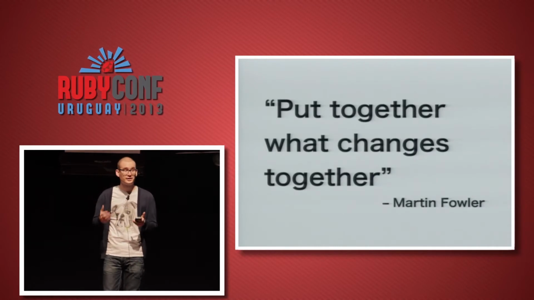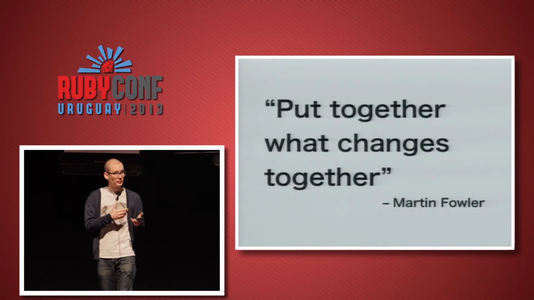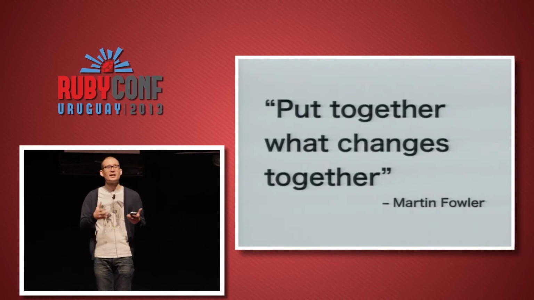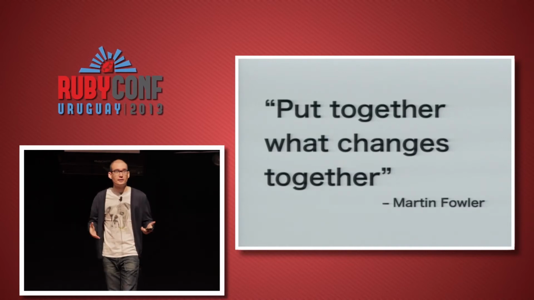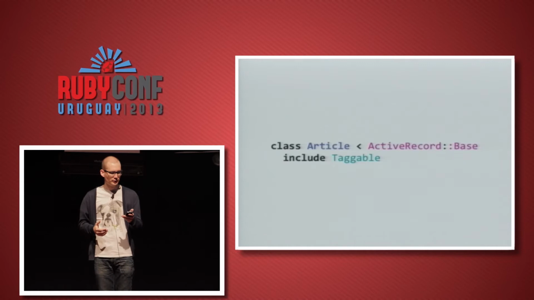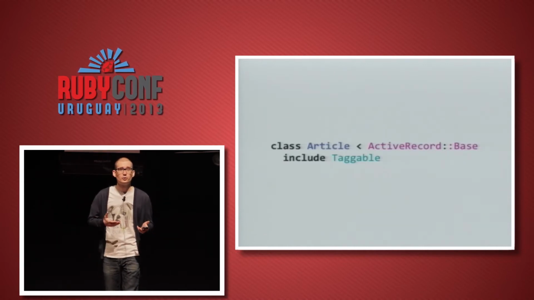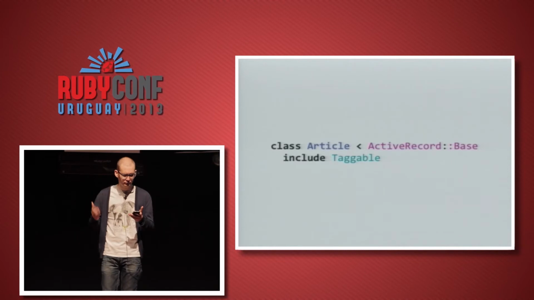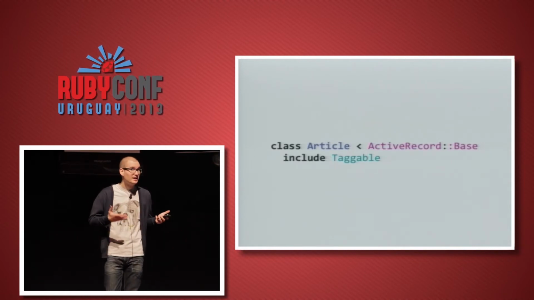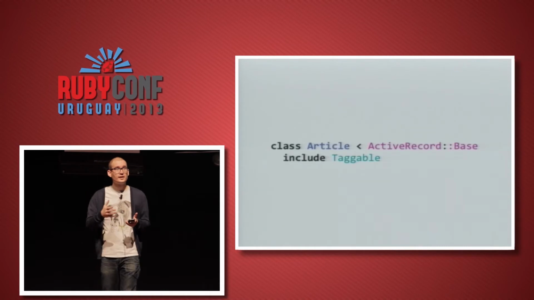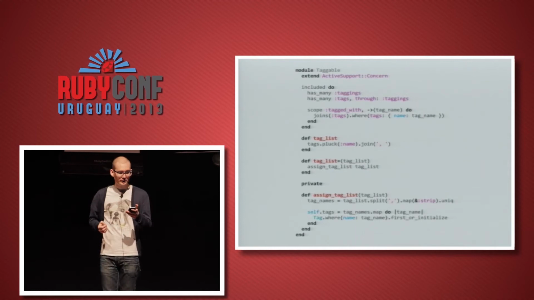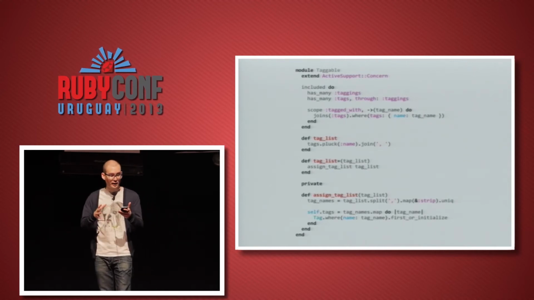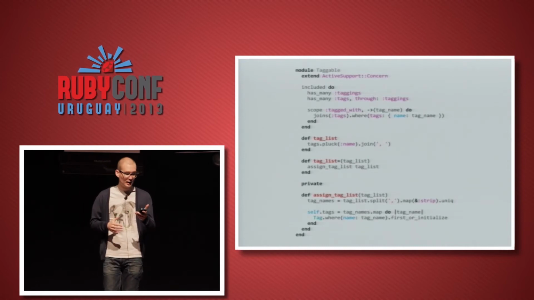Put together what changes together. In our example, we expect all the code related to managing tags to change probably at the same time whenever the functionality of tagging changes in our application. So one refactoring that we could do, and this is just one solution, there are many, this one would be idiomatic in Rails, would be to extract all the tagging code to a Rails concern. That way, this would be the concern, that way we had put together everything that will probably change together. We keep our code highly cohesive and easier to maintain.